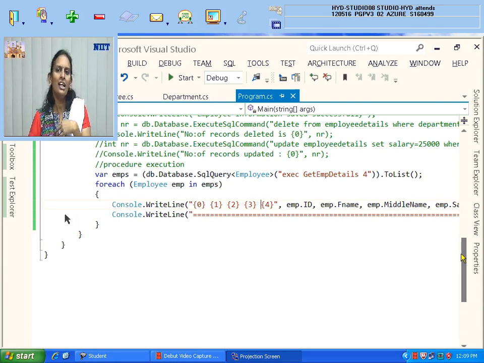I even created the data context class also. And I have already told you about data annotations, the table data annotation. My model class name might be something, but the table name must be employee details, not employee.